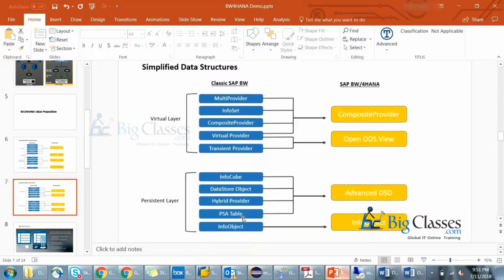Now there are two virtual objects in BW for HANA. If you have multi-provider or InfoSet, you should go to composite provider. And if you have virtual provider or remote queue, remember those things, you should go to something called Open ODS view. And this Open ODS view is a very powerful object